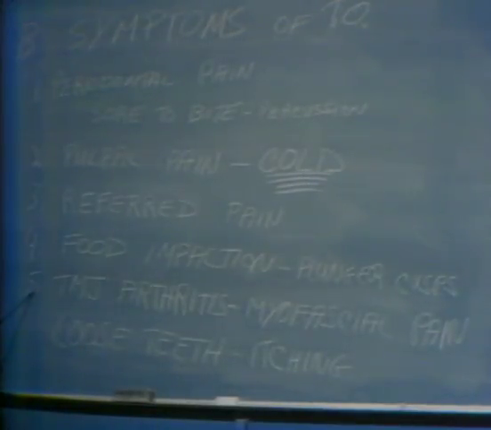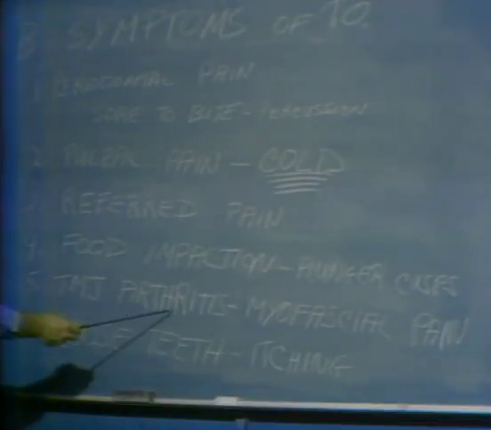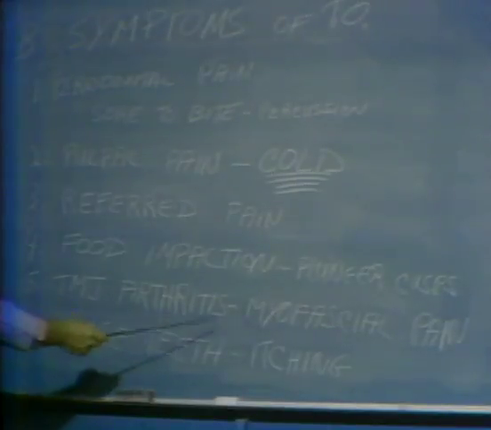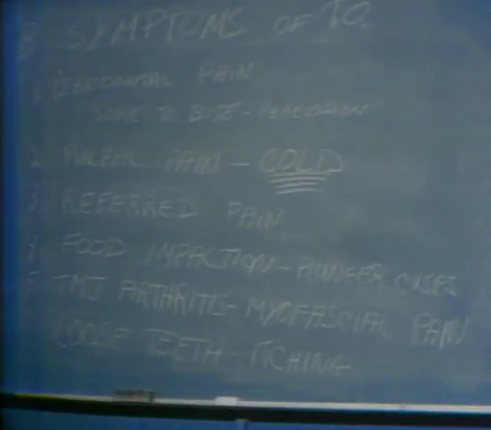The number 5 symptom would be temporomandibular joint pain dysfunction syndrome, or TM joint arthritis type of problems, and concomitant with that myofascial pain, pain of the masticatory muscles, and associated with that would be referred pain to distant sites. Again, I refer you to Dr. Travell's lectures in this instance. Along with this,